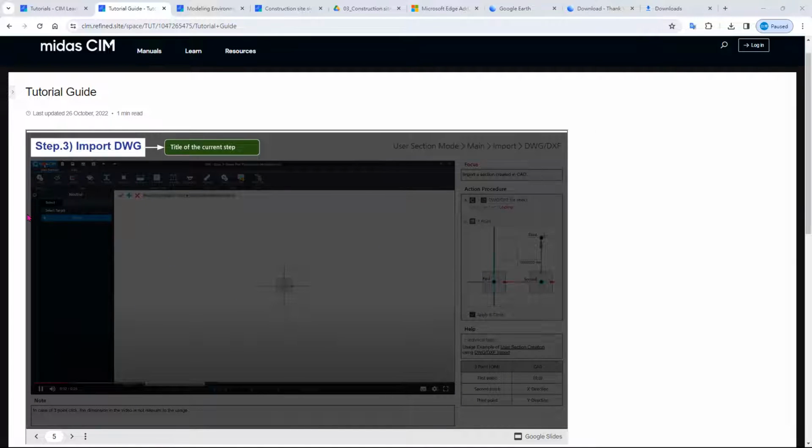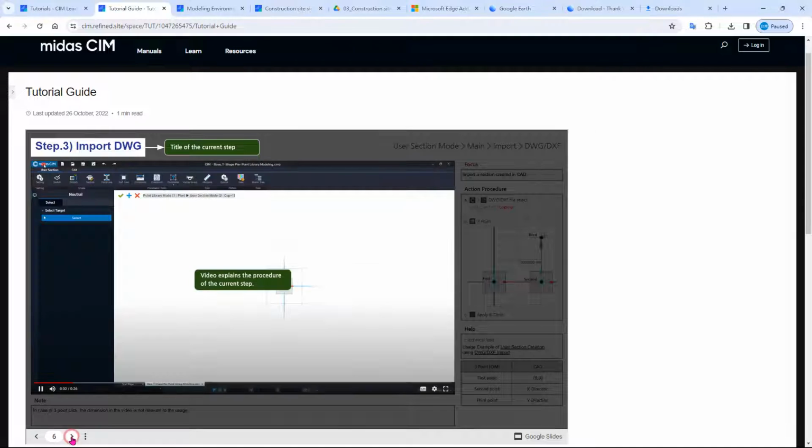So moving on, each tutorial after the subchapter, you will see the subtitle in the top left side. You can see here, this is the title to import the DWG. And in here, this is the model window.